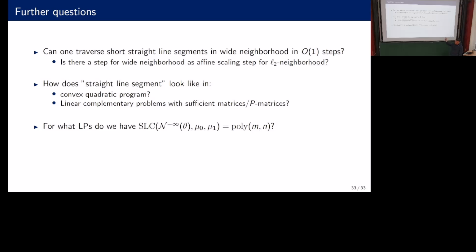We already know for the generalized flow problem, that is, LP with at most 2 entries per row, that this straight line complexity is polynomially bounded in m and n, and hence we have a strongly polynomial time algorithm for this kind of LP. But to what extent can we have a strongly polynomial algorithm for other problems? And for how general an LP can we have a strongly polynomial algorithm?